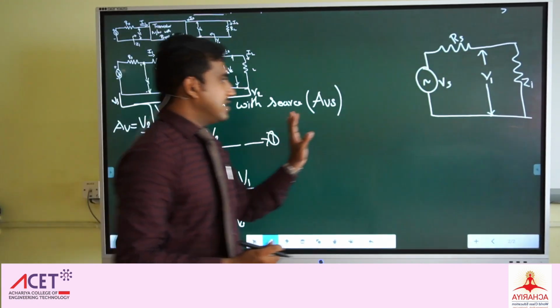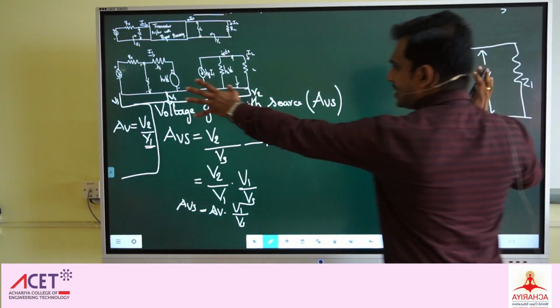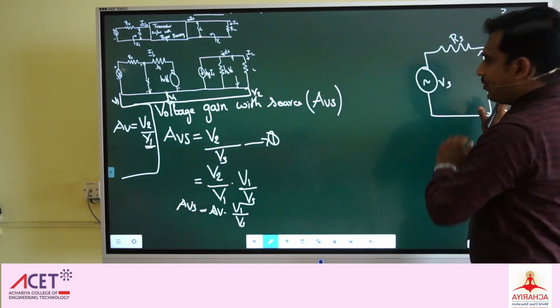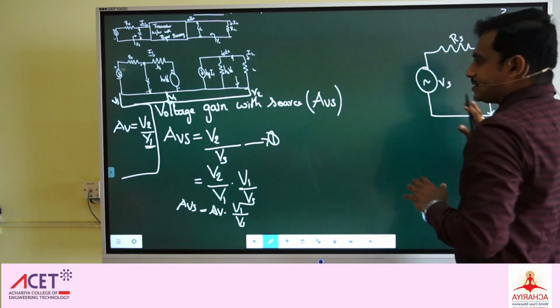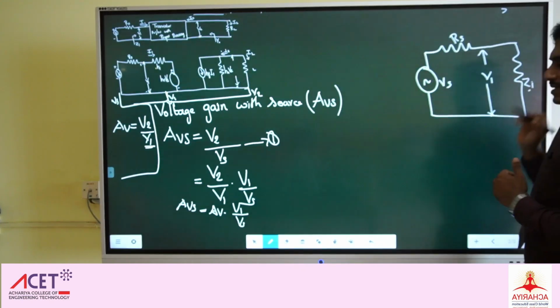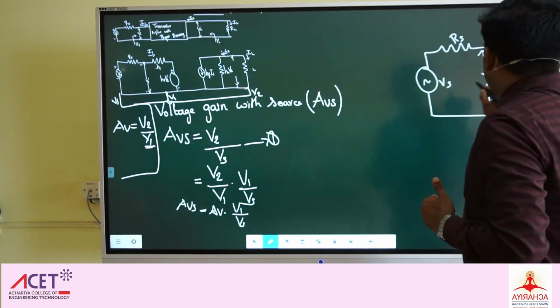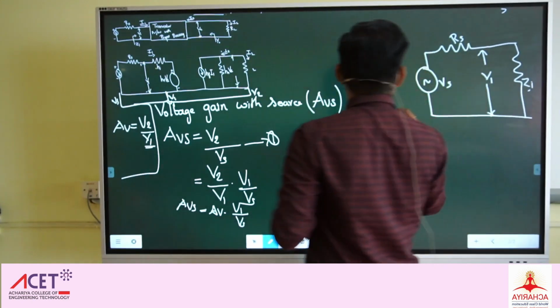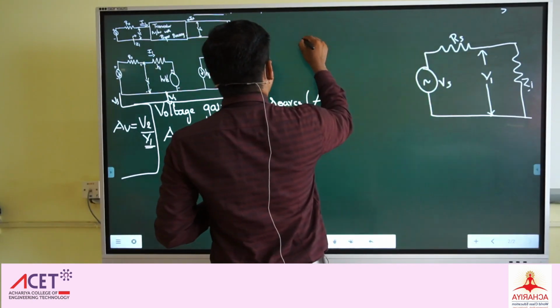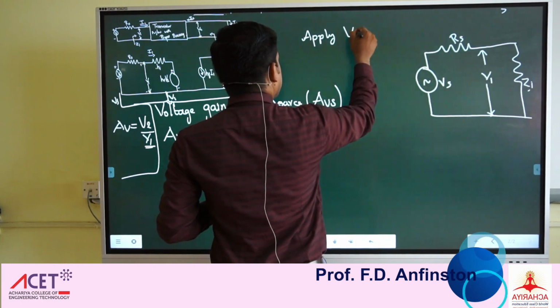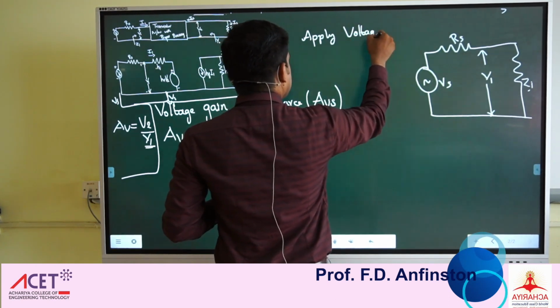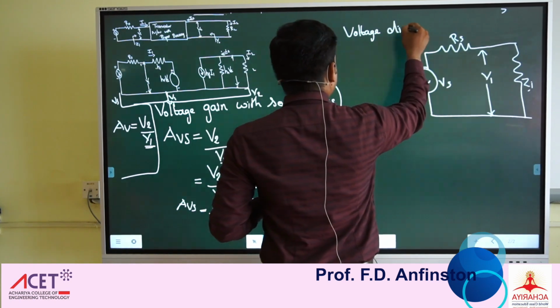For that, I am considering the input circuit alone. Vs is there, Rs is there. Then the total impedance present in the input loop I am considering as Zi. Now, applying voltage divider rule, we can get...